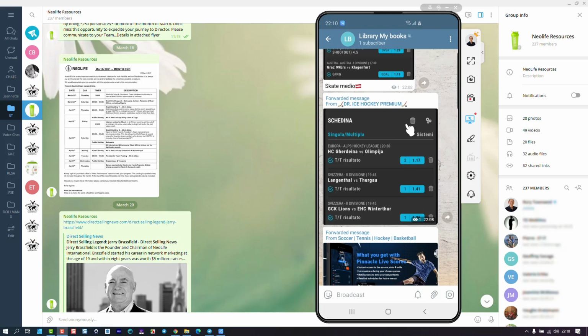So this is our kind of library that we forward things from all over that we are interested in into this pocket, and this is where we keep it, and then we have full control over this. In that way, you filter out all the other stuff, and as your other groups get new posts, you will look at them and say, oh, this one, I want to keep this. Then you forward it to Library My Books or whatever you call this.